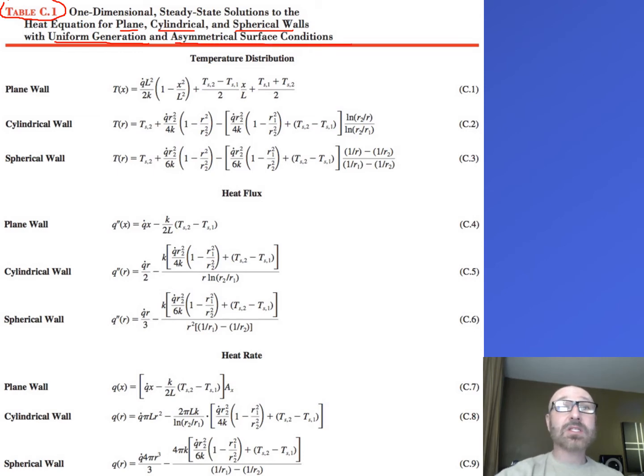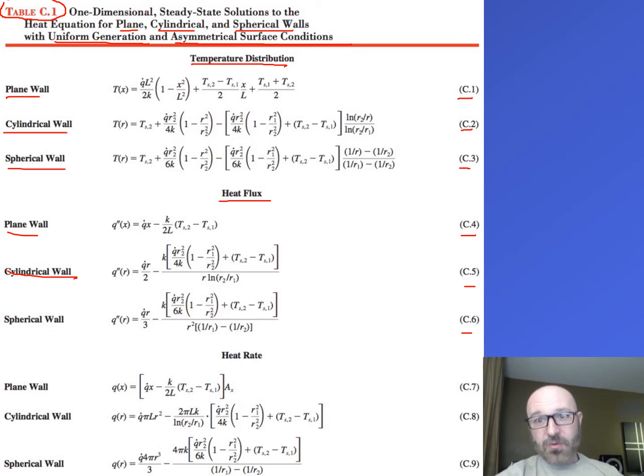So now what we can see, if we want our temperature distribution equations for either a plane wall, cylindrical wall, or spherical wall, we can reference these equations C1, C2, and C3. Then if we want our heat flux equation over here for our plane wall, cylindrical wall, and spherical wall again, we can reference back to C4, C5, and C6. And you see these are rather complicated, not something that's easy to memorize or even easy to derive. But knowing where you can go to get these equations in the back in this table becomes very useful,